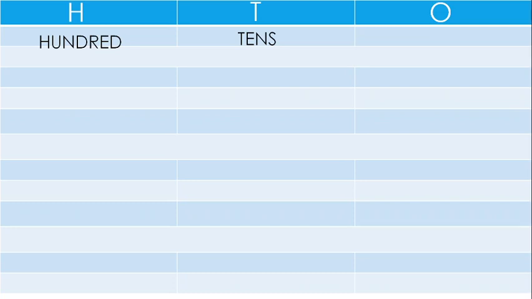We already knew that a 2-digit number has two places, that is tens and ones. But in the case of a 3-digit number, there are three places. It has one extra place, that is called hundreds. We can also write them in short form, HTO. H stands for hundreds, T stands for tens, O stands for ones.